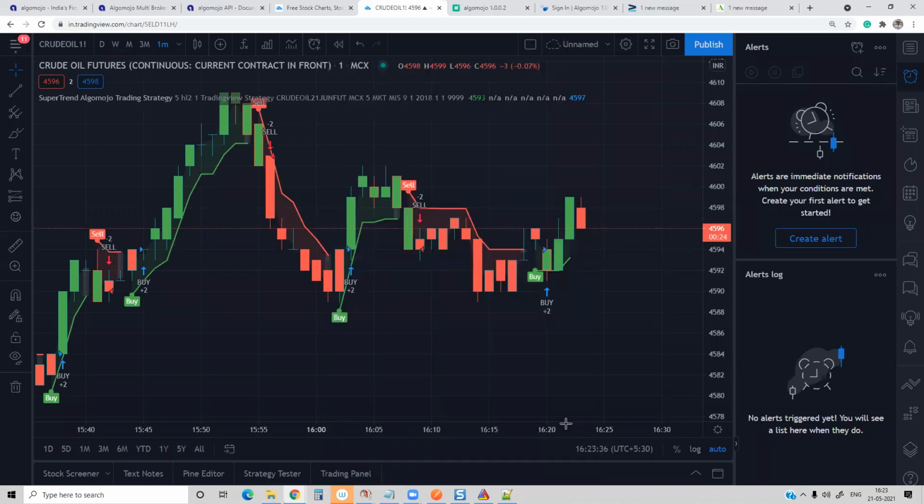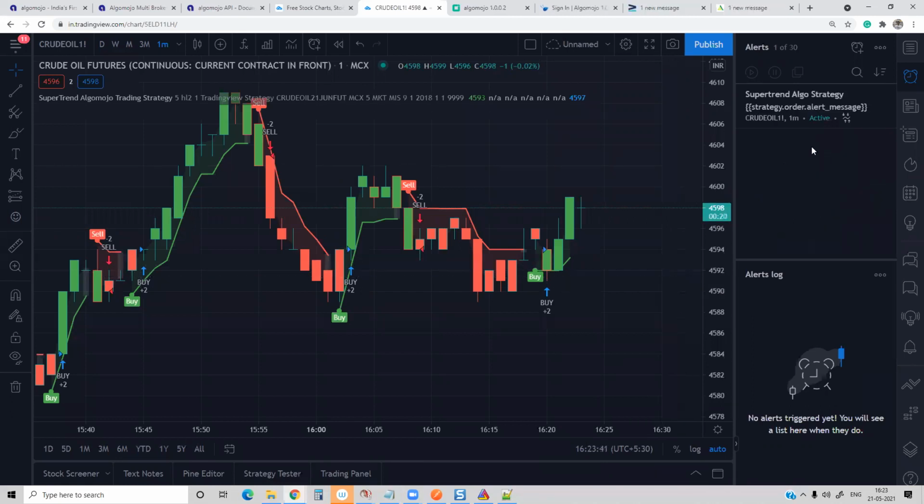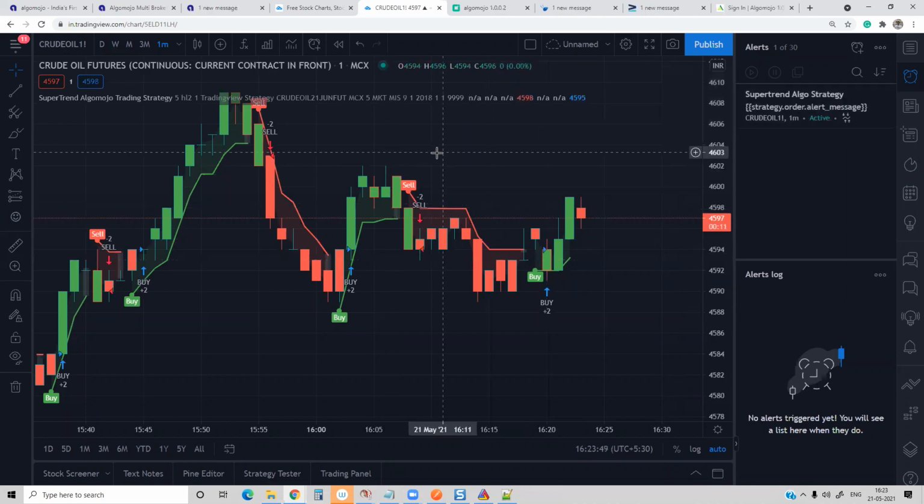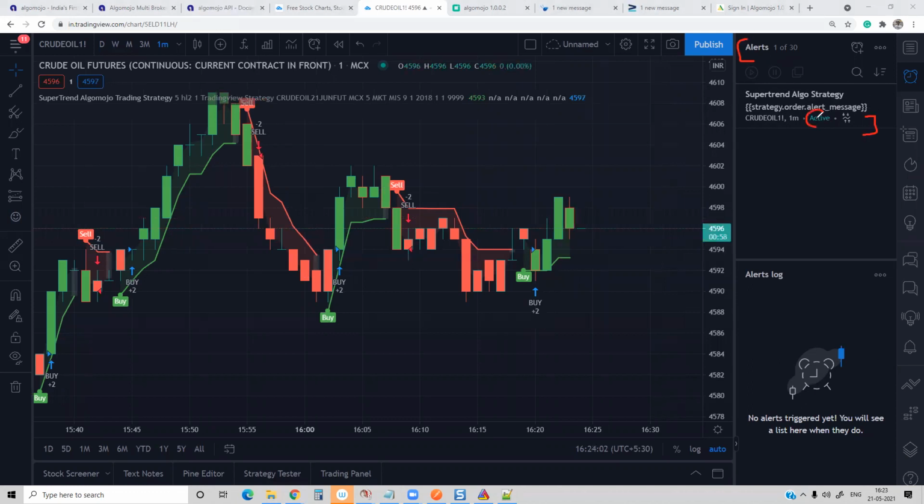So create the alert. Now from here onwards, remember, the alert has been created. The alert is in no way connected to the charts. The chart is only for monitoring purposes. Let me tell you very clearly, the chart you are watching here is only for monitoring purposes. Even if the chart is not running, the algo will run. As long as alerts are running and active, your algo is on.